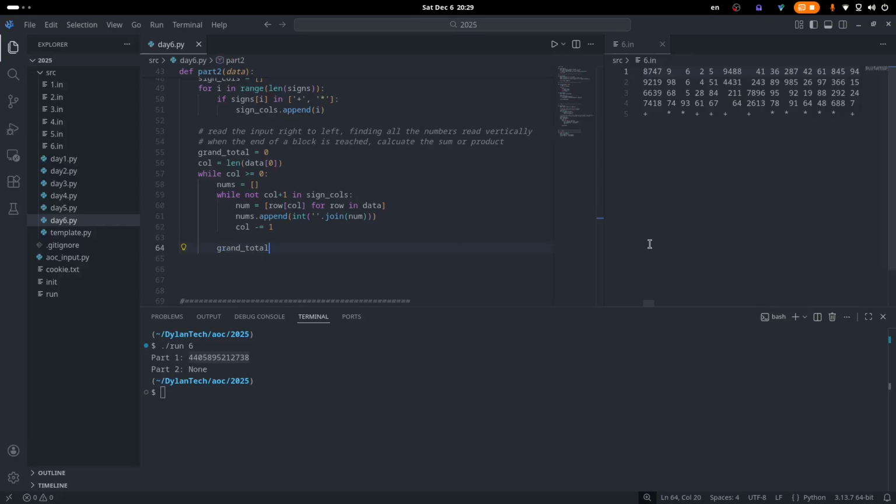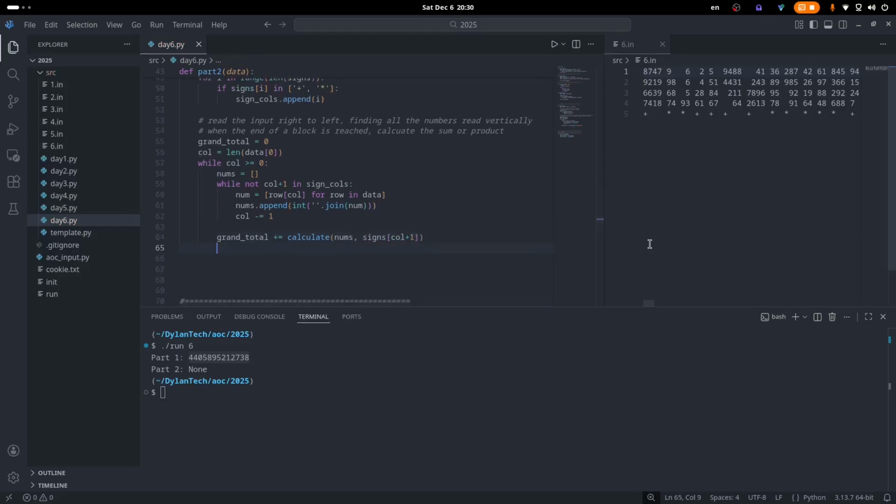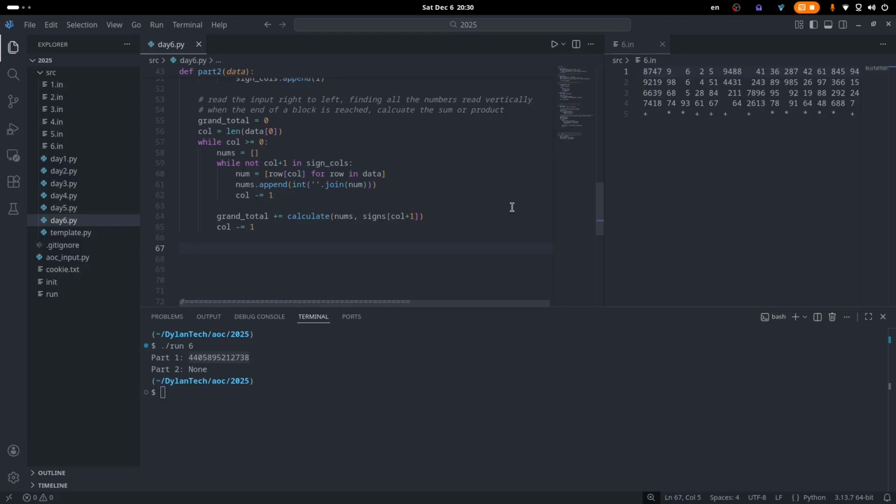And now we'll calculate the number that we should add to the grand total. So now grand total, and we can reuse the calculate function from before. Grand total plus equals calculate nums and signs. And remember, the column index right now is on the blank one, so we need to go back to the right one more to get the correct sign. So we'll just say column and add back 1. And then at the very end, we're on the blank column, so let's move the column over to the starting column on the next block with column minus equals 1. So I think this should be good. And if we return our grand total at the end and run this code again,